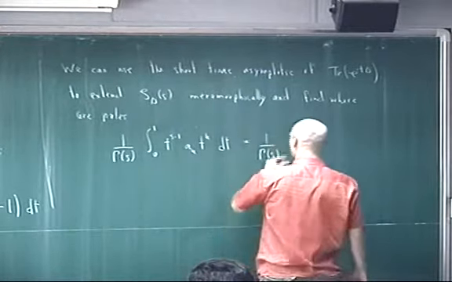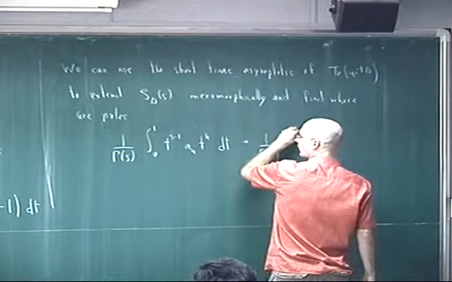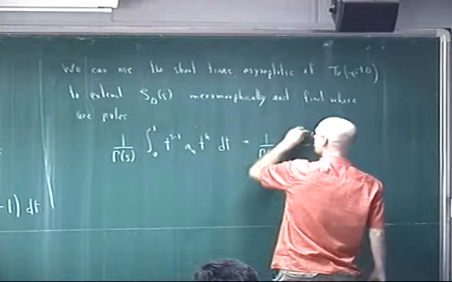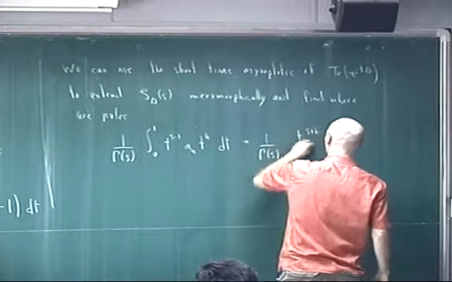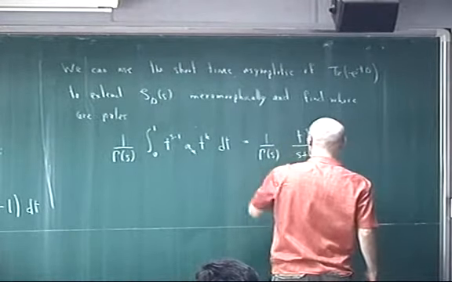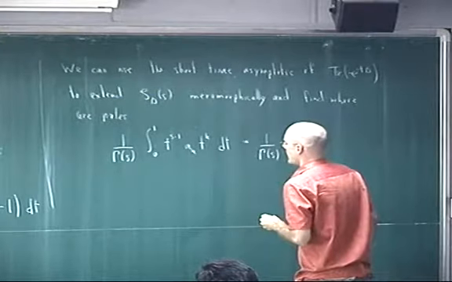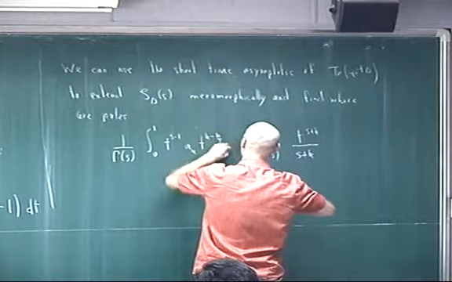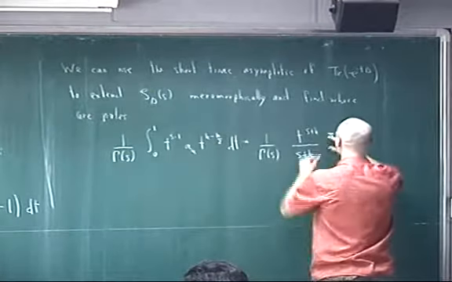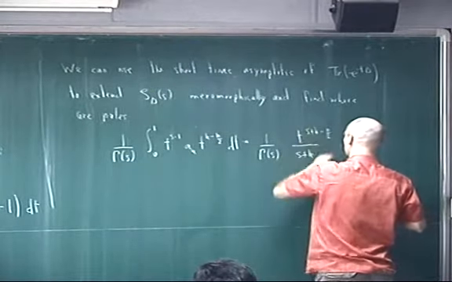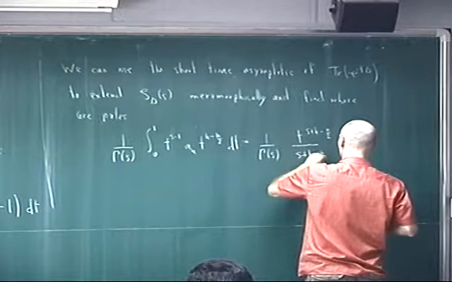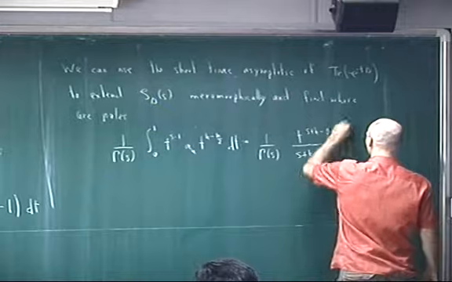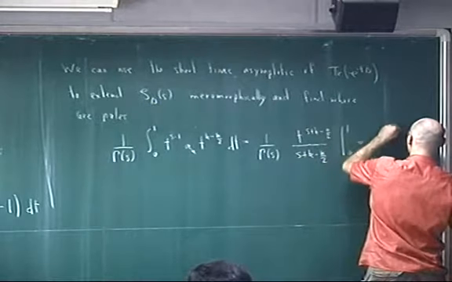And so what one gets is 1 over, well, let's just do it, t to the s plus k over, well, I forgot to subtract the n over 2. Okay, and we have to take it between 0 and 1. So what we get is